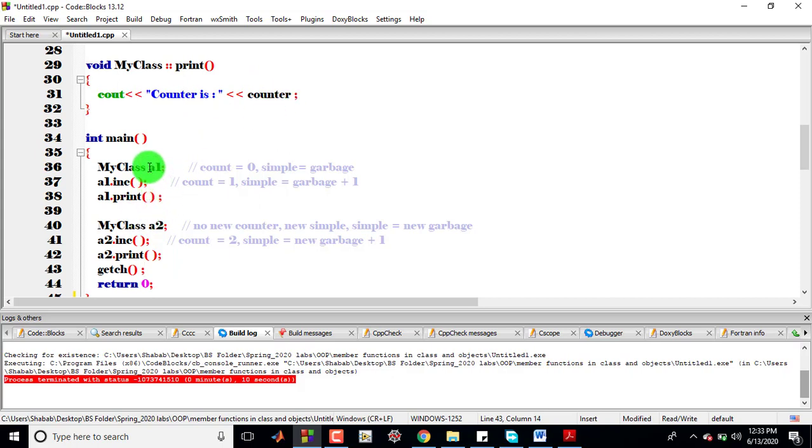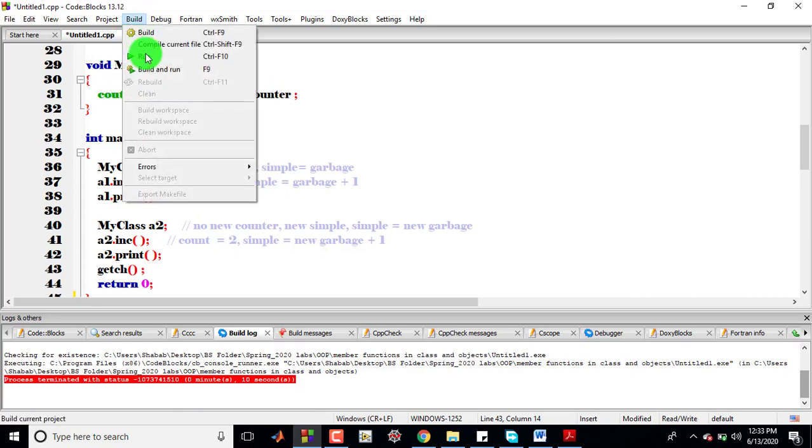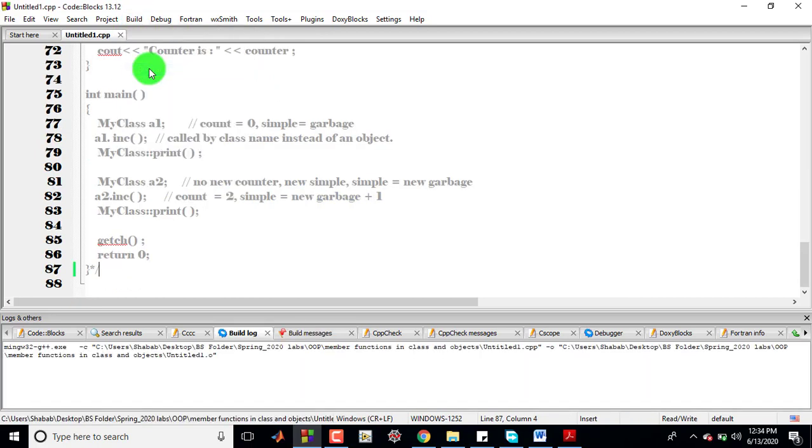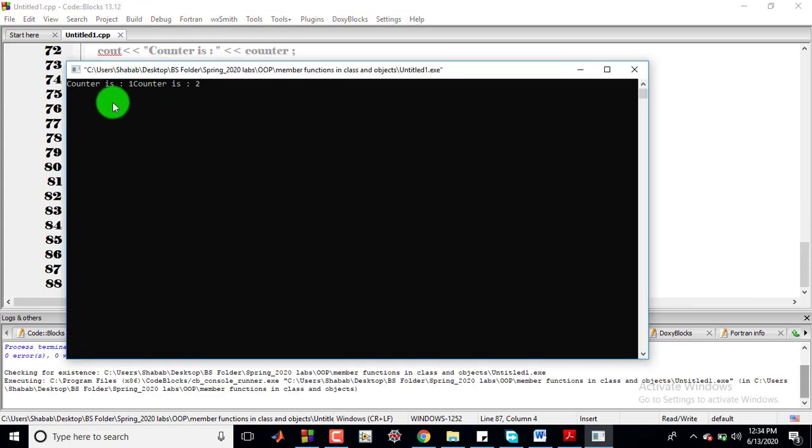When the A1 object calls the increment and print functions, its output is counter is 1. Let's see the output. This is the output of the first object, counter is 1, and this is the output of the second object.